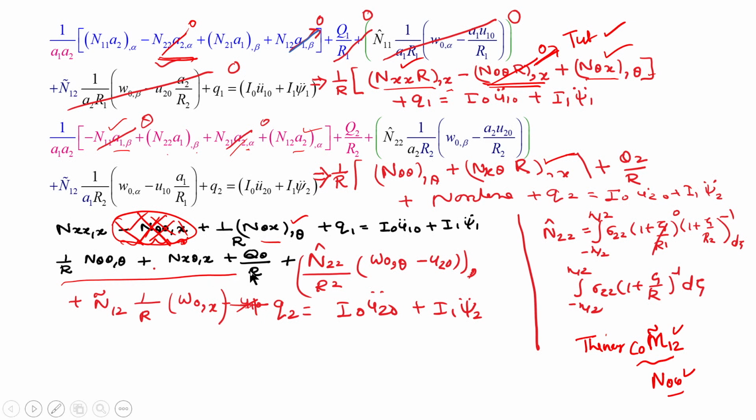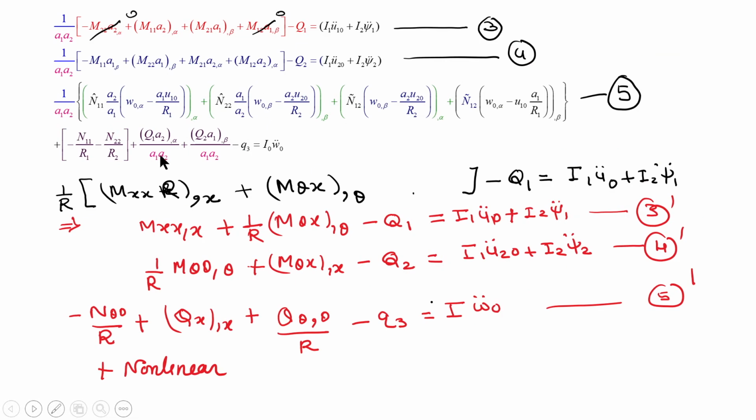Second equation. So, in the first equation, q1 by r will not come, but in the second equation, r2 is there. So, it will contribute. Then some nonlinear term will also contribute because r2 is there. r1 is infinity. So, in first equation there will be no nonlinear term, but in the second equation nonlinear term will contribute. So, we will consider these things because r2 is now non-zero.